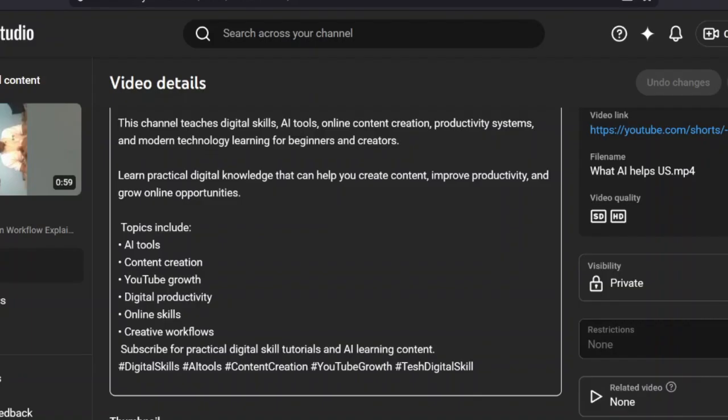Creative workflow may be, but we have to change the description part, either by asking ChatGPT or by editing it ourselves. This is video editing, so we can say video editing.